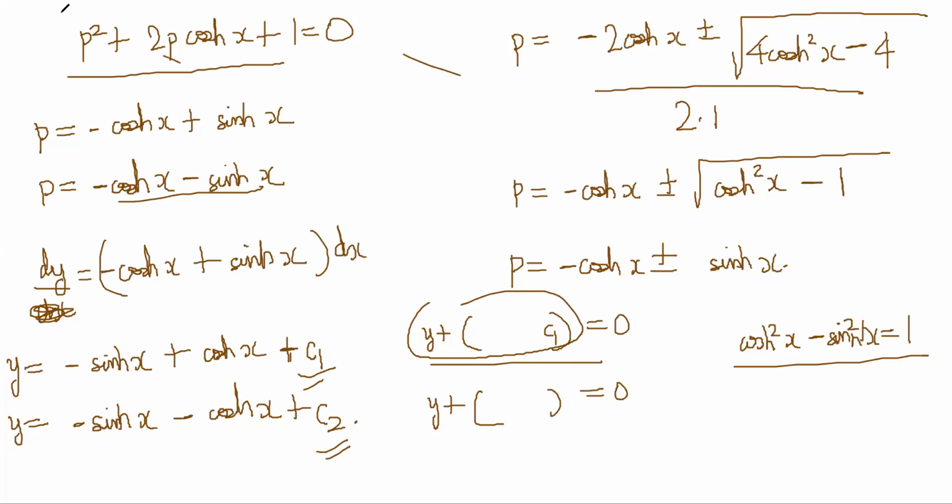So this is one way: if you have p and powers of p, you think of it as an equation in p and solve for p. Once you have solved for p, write all the possible solutions and multiply all of them. Then the second type is when it is solvable for x or y. So let's see what the strategy is there.